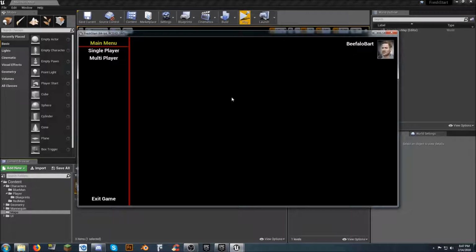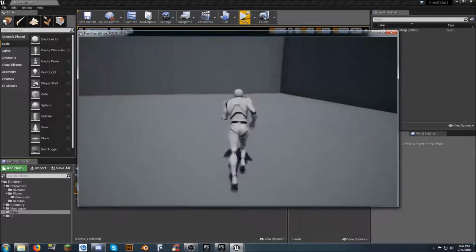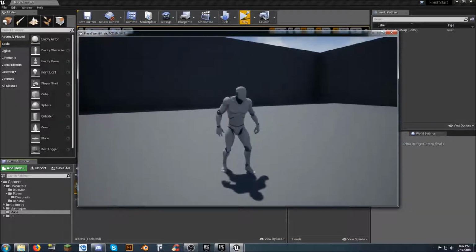We can show how to change the menu as well later on, but I already have videos up on doing that. You can create a game, you can host, you can find, or you can just go straight into single player. And when you start creating your own maps and stuff, I'll show you how to change those as well. Actually, I'll do that in the next